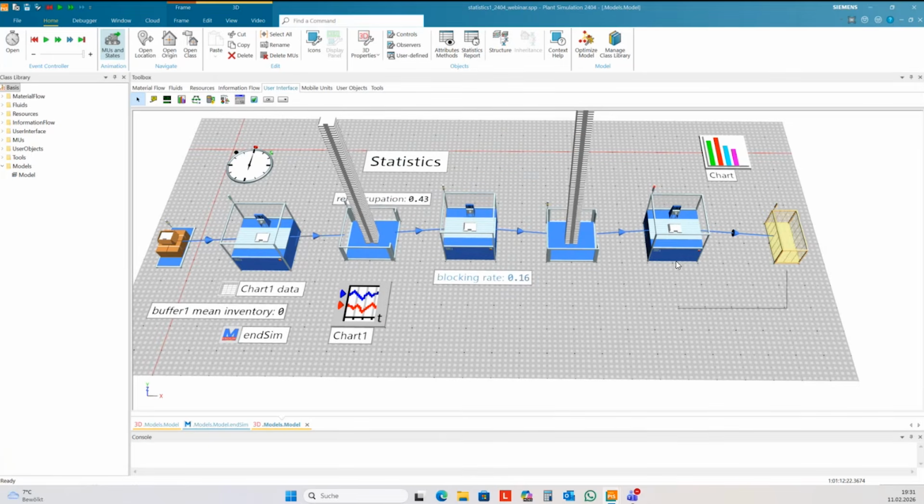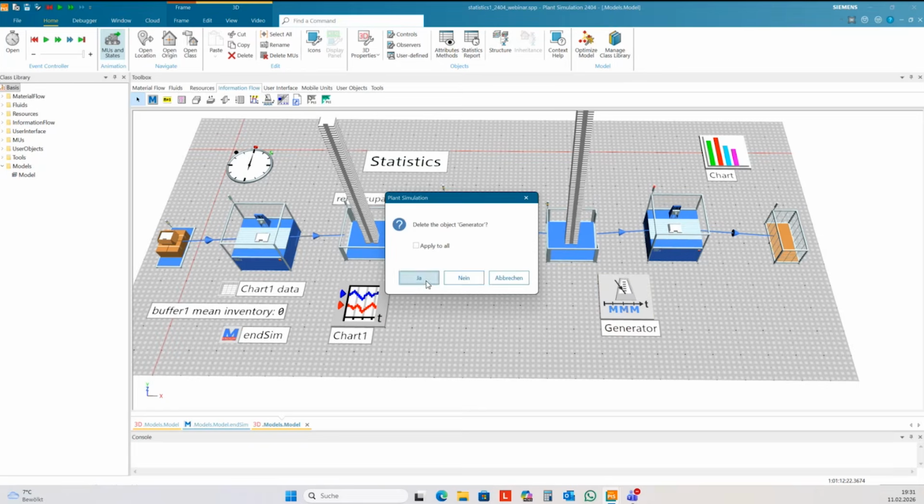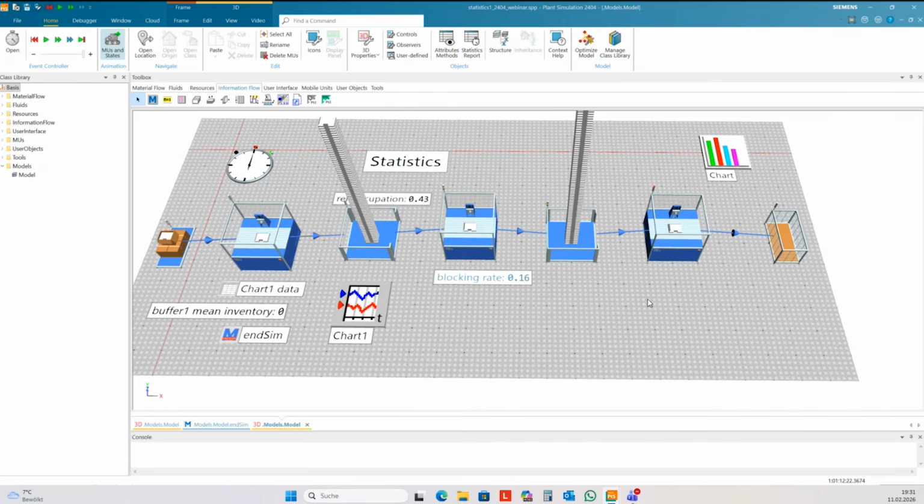But if you need to measure the jobs per hour in between, then you need to calculate this on your own. And normally I would use the generator from the information flow and call a method each hour to calculate the jobs per hour, but not today. I don't have the generator in my foundation license, and so I need to create my own generator. First I need some variables. I want to have the jobs per hour of Station 2 here.